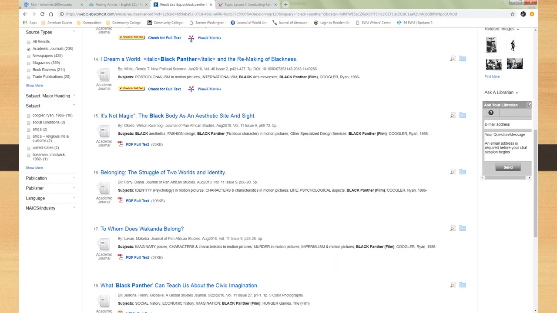One thing I should point out is you're not going to get PDF full text for every single article. So I want to show you what to do if that happens. You can see right here, there's one that says, I Dream a World, Black Panther and the Remaking of Blackness. That probably has to do with race as well, since it's talking about blackness, which is a concept, an idea. I don't have time to explain it here now. But anyway,